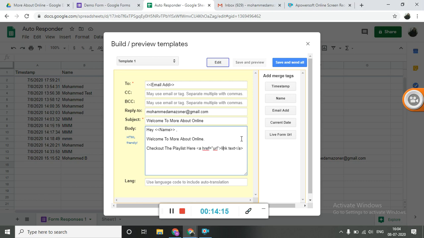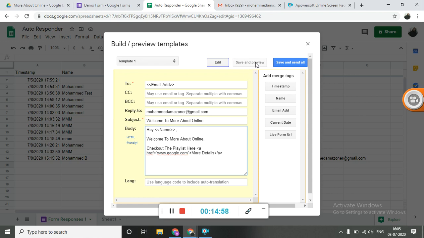Okay, you see these inverted commas, URL, delete URL and write the link. Just copy paste the link where you want to redirect your customer. In this case I'm just going to keep it www.google.com. Okay, so it's going to take them to google.com, and you see this link text over here, so you can add a text over here. So what I'll do is I'll write more details. I'll leave this hyperlink in the description for you to copy paste.